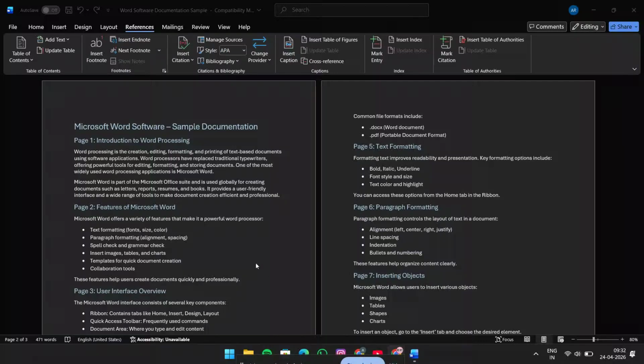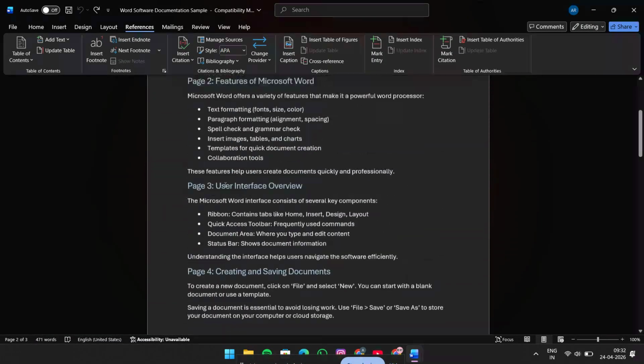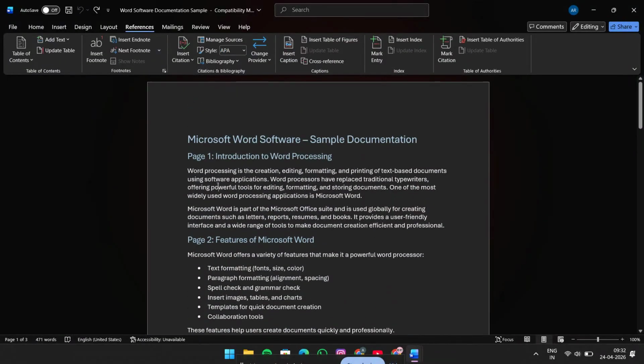If you want to make your document easier to read, cleaner, or just formatted the way you need, adjusting line spacing in Microsoft Word is one of the quickest things you can do. In this video, I'm going to show you exactly how to adjust line spacing in Microsoft Word step by step. So whether you want single spacing, 1.5 spacing, or double spacing, you'll be able to do it in just a